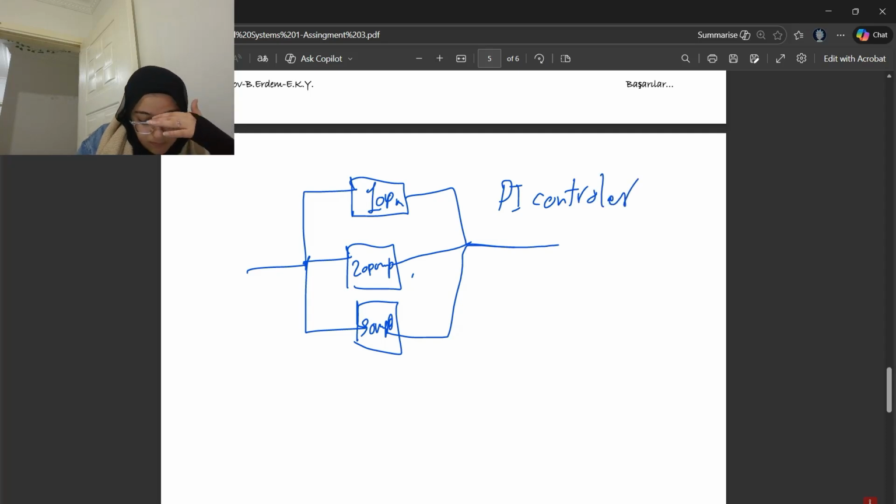Now, after drawing the circuit, I identified the first op-amp as an inverting amplifier, the second op-amp as an integrator amplifier, and the third op-amp as a gain stage. So in the parallel configuration, the circuit behaves as a PI controller. Okay, now